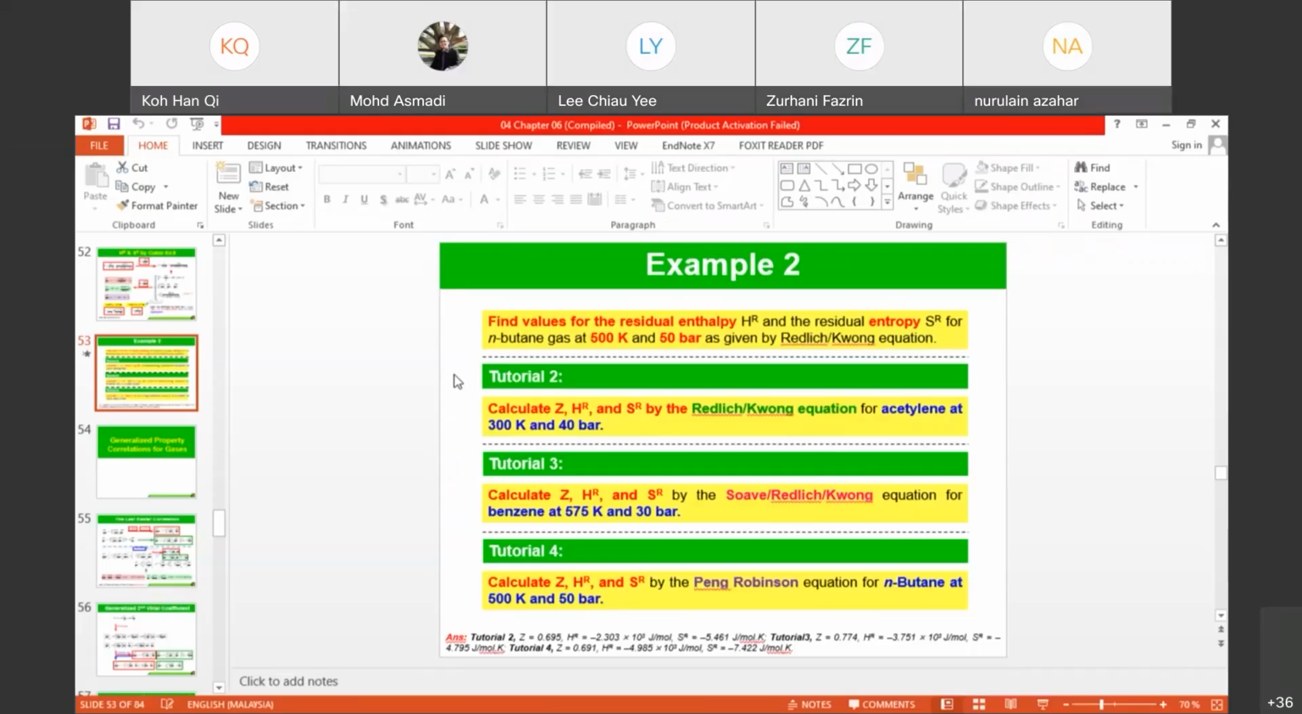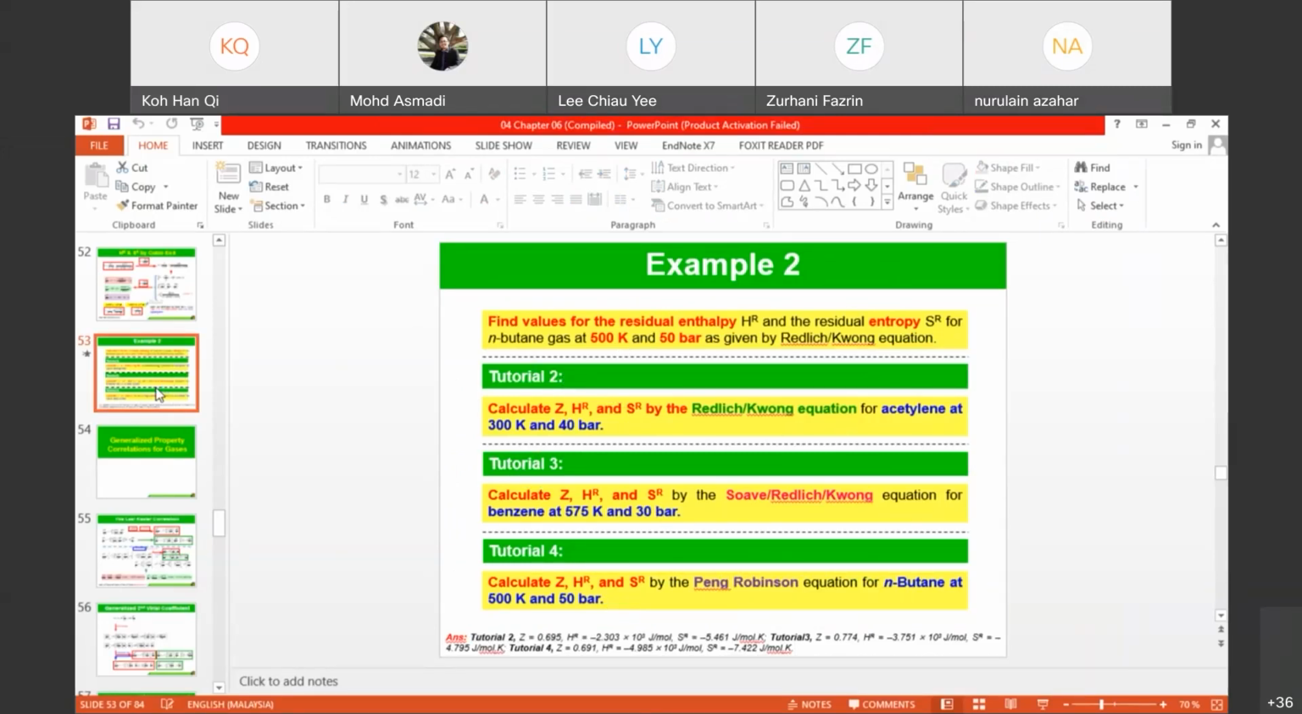So this is the previous tutorials from last week. I hope that you can get the answer similarly, just like down here, for tutorial 2 as well as example 2. However, for tutorial 3, if you look at there, tutorial 3 is calculate ZR, HR, SR